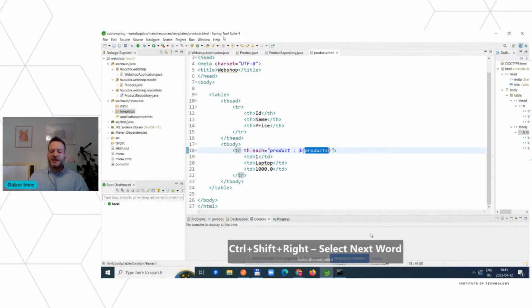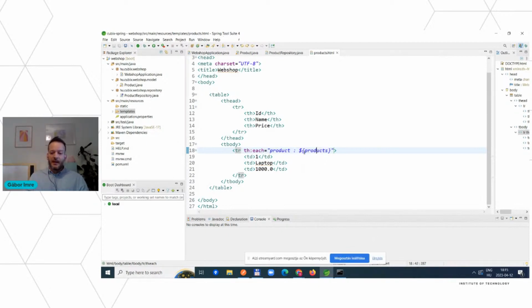The model objects will be put into the model by Java code, and this means that in the model there should be a list of products by this name, products, and during the iteration for each product one table row will be generated. And obviously here not the static values will be displayed, but using the th:text attribute